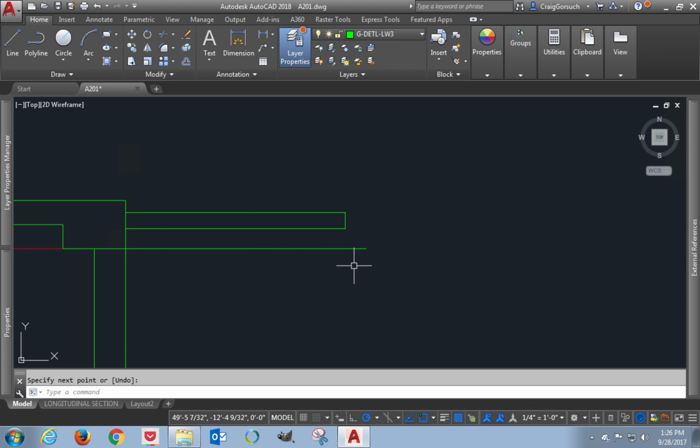I'm going to draw another line. Push return again. I'm going to hover over this intersection, drag my mouse to the left. I'm going to type in 9 because I want this line to be 9 inches off of that corner point, and draw it down until I intersect there. Okay. Now I'm going to use my fillet command, and you see my fillet radius is already set to 0,